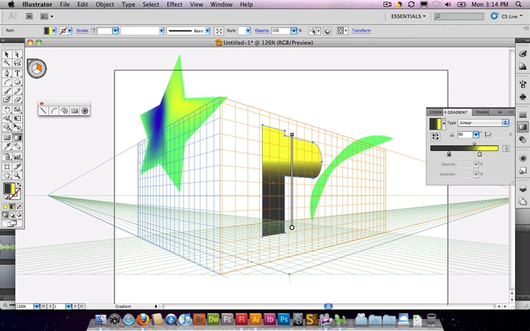The gradient doesn't go in perspective. I would probably have needed to do that before I put this on the perspective shape. But again, little tools to do slight modifications. If I like the color from one object, let's say I like this green coming over from this shape, and I want to apply it to the shape I just made here, I can get out the eyedropper tool and